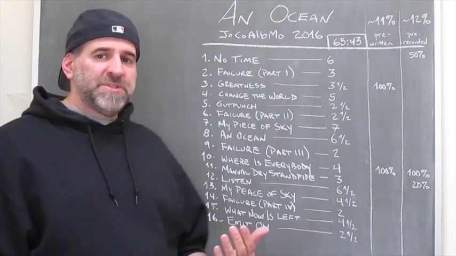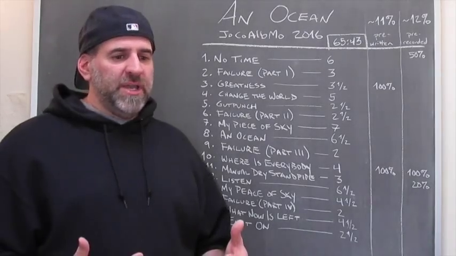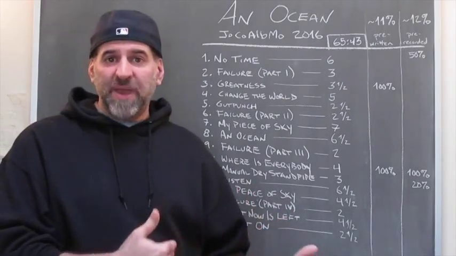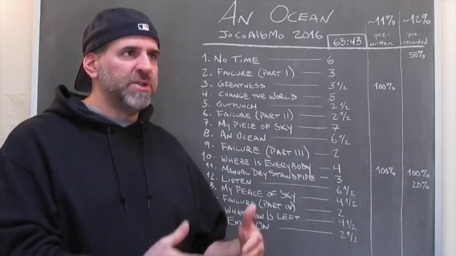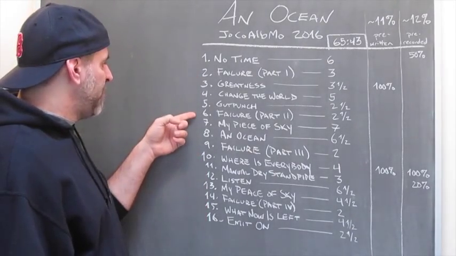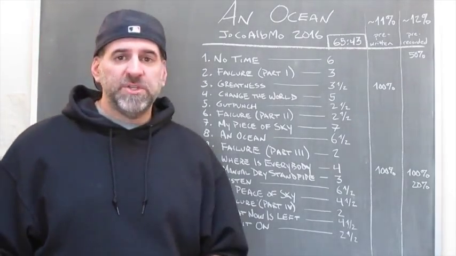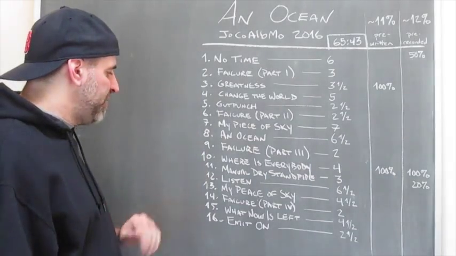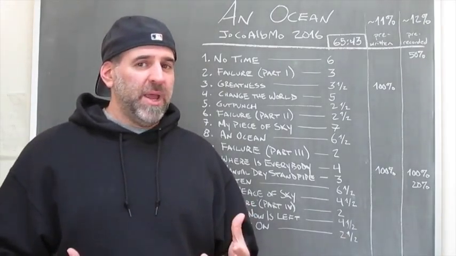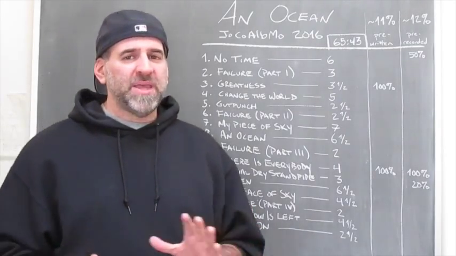The next big structural aspect of the record is an a cappella piece called Failure. Failure is written in 4 parts, 4 movements, so to speak. The number of voice parts varies from track to track. It starts out with 2 and works its way up to 5. Failure Part 1 is track 2, and track 6, track 9, and track 14 are parts 2, 3, and 4 respectively. So there's a pacing throughout the record of revisiting this particular idea of what failure is and, in a way, what it's for. But we could talk more about that in some future videos.